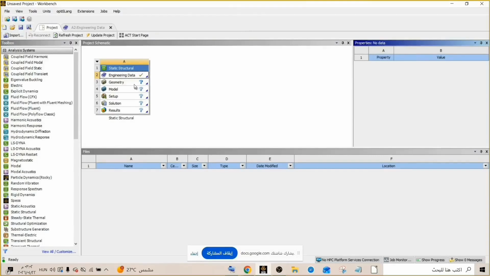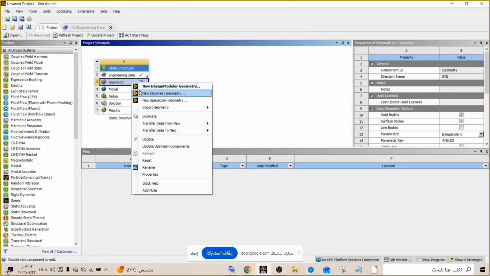Now again you go to the project, and you can see there is a question mark in geometry. So next I'm going to the geometry.